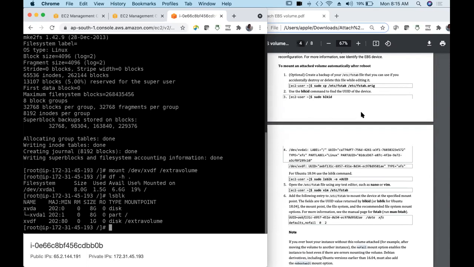In one of the files in the Linux file system, it maintains entries of disks, and every time it boots up, it looks into that file and adds those disks as default ones. If you edit that file and add your extra volume in it, then the Linux OS considers it when it boots up also.